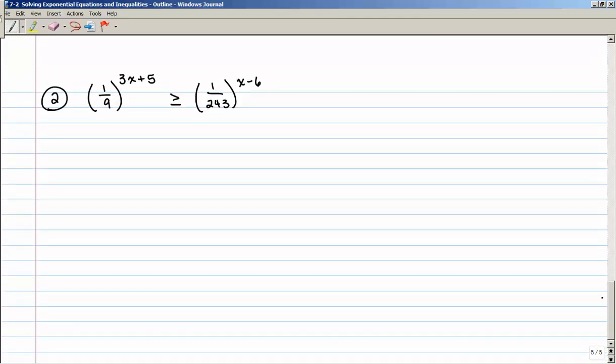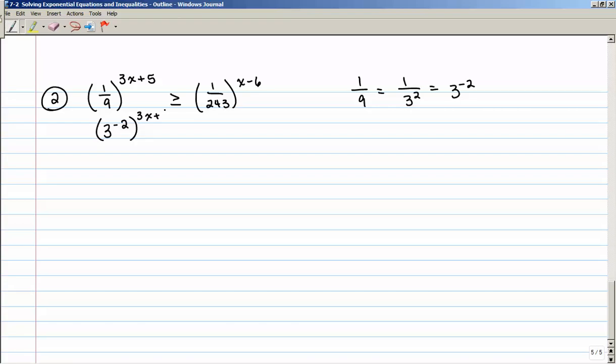And our last example, 1/9 raised to the power of 3x plus 5 is greater than or equal to 1/243 raised to the x minus 6 power. Well, 9 kind of jumps out at me and says that that's 3 squared. So 1/9 is going to be 3 to the -2 power, because 1/9, let me do it over here, is equal to 1/3 squared. If I want to move that exponent up to the top, I make it negative. So 1/9 is 3 to the -2